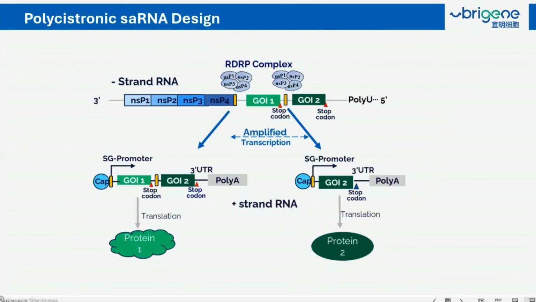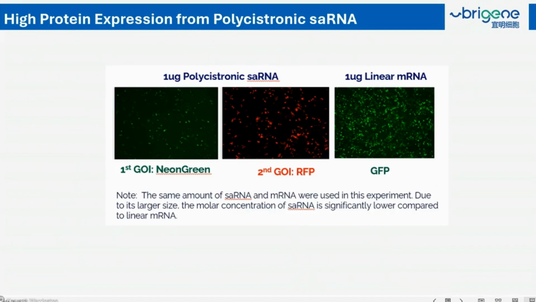We've designed our self-amplifying RNA to be polycistronic with the ability to express two proteins, and can demonstrate that both of these proteins can be expressed, again, using our LNPs, where in this case, the same amount of saRNA and mRNA were used, but due to the larger size, the molar concentration of the saRNA is significantly lower compared to our linear RNA, but it is demonstrating that both